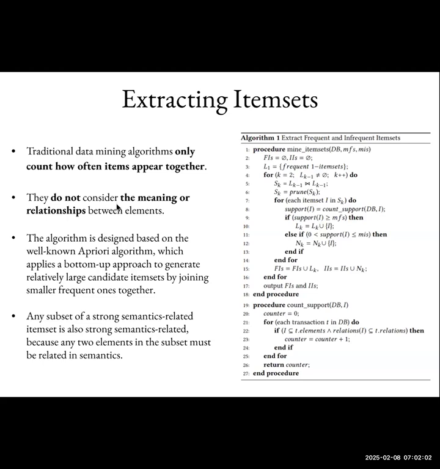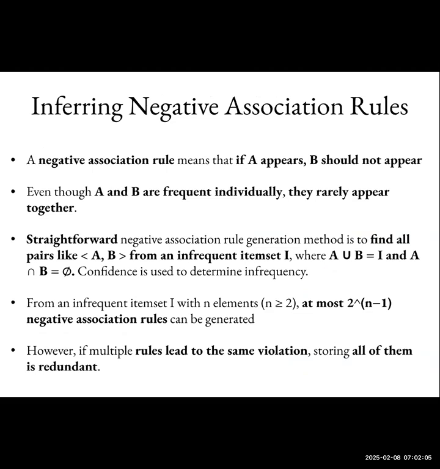So once we have extracted these item sets, the next step is inferring the negative association rules. A straightforward way to identify negative association rules is to find all the infrequent item sets, the ones that come very rarely, split them into two non-overlapping parts, A and B, and then use some measure like confidence to see how strongly A excludes B. Higher confidence means A almost never appears with B. Lower confidence means A sometimes appears with B. So this is how you can naively come up with